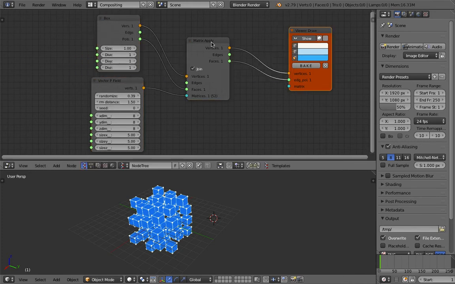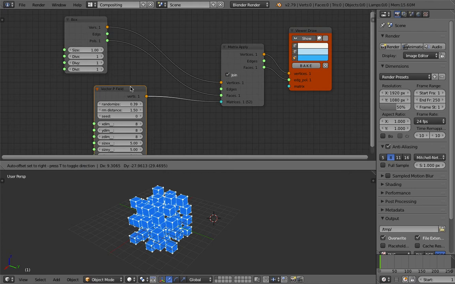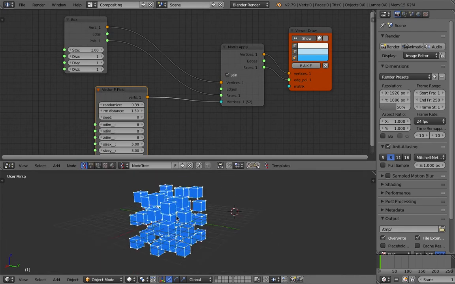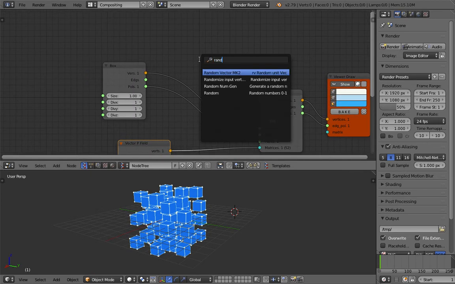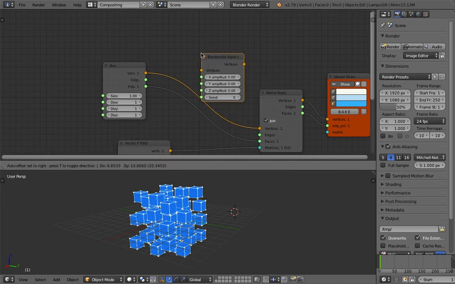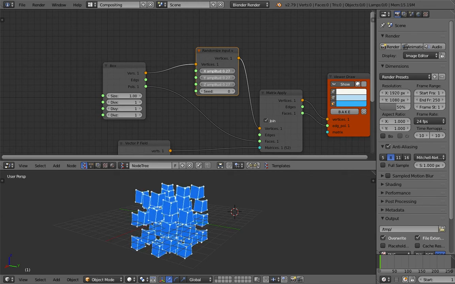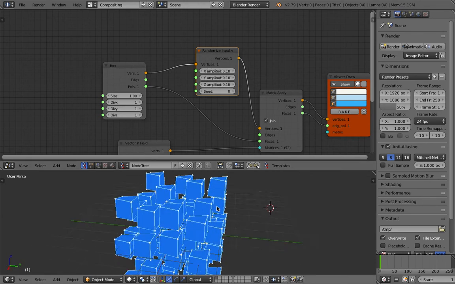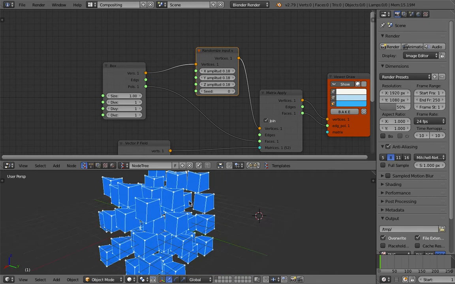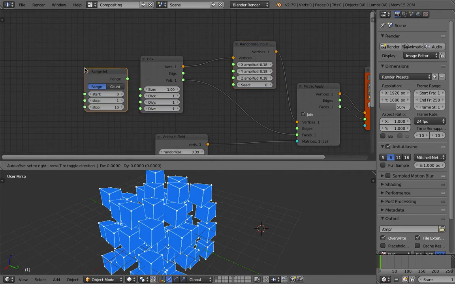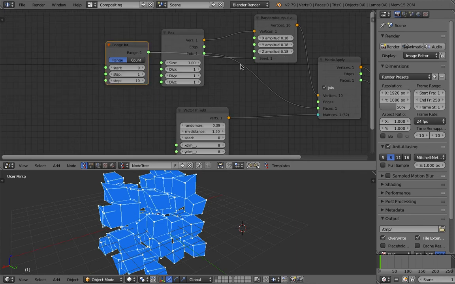So with Sverchok you can also easily randomize each and every single cube. So you can actually use a randomize input vertices node here, and let's give some kind of randomization. Currently you can see all the cubes are kind of the same. So if you want to have different cubes, I believe you can use range integer plugged into the seed, and the number should be the total number of the